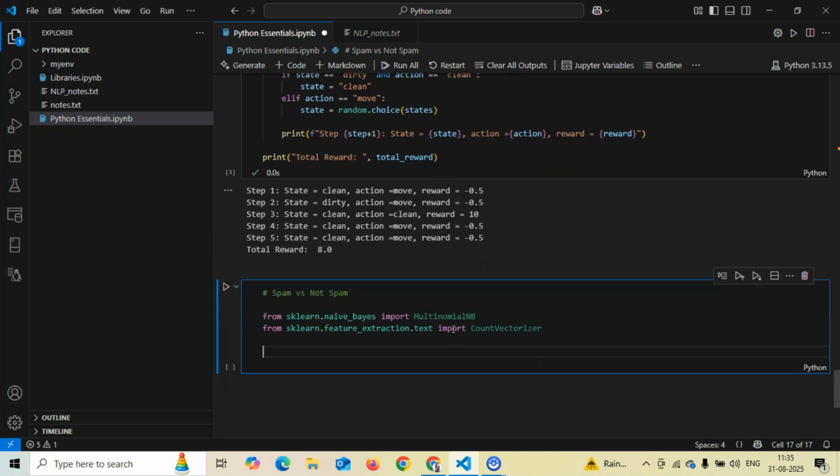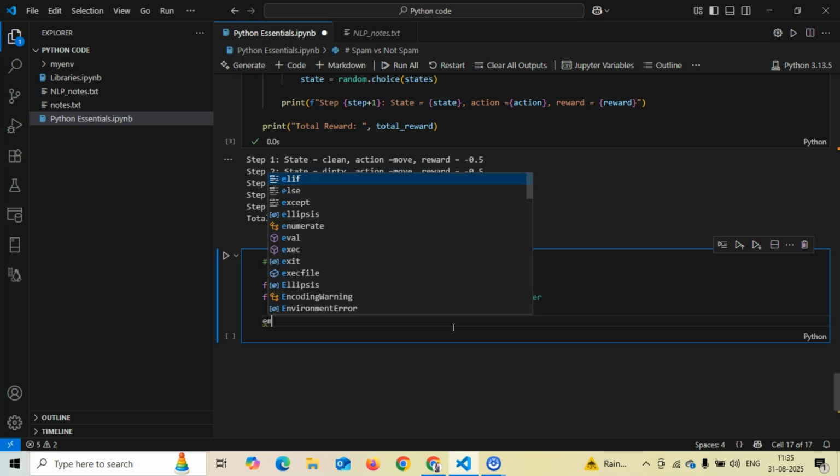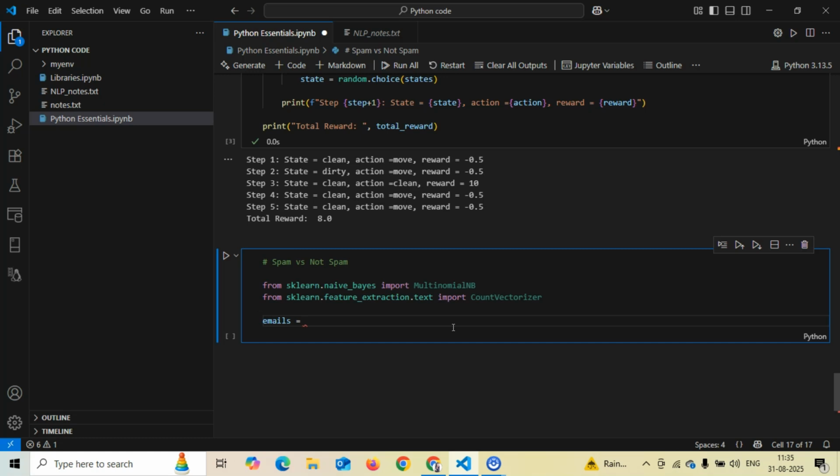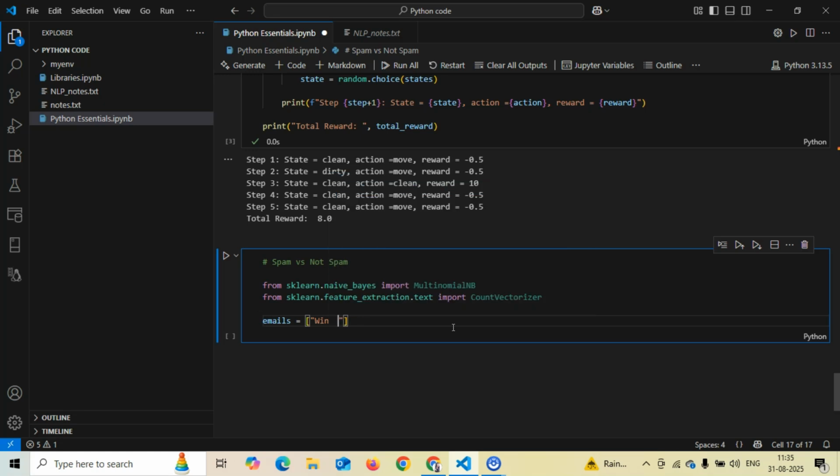Now coming to the labels. Currently I'm not using a data set. I'm just using some of the input and labels by my own, writing a few samples. But definitely you can use the data set, you can import the data set, you can provide the link to your data set here in Python and work in that way. I'm using a variable which is email. In email, I'm writing a few of the subjects that we can have for mails. First subject is win money now. These types of subjects you might see in your email.